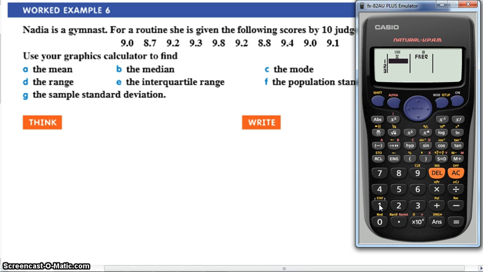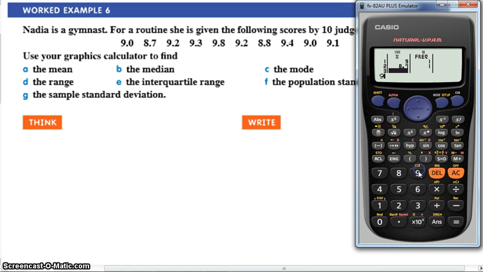So, looking at this, you've got this data to enter. So you've got that in, start entering the data, 9.0. Do you guys actually put the 0.0 in when you're doing it? Yes, I do. It doesn't really matter, but I do it. Just have it. Okay. 9.0 equals 8.7